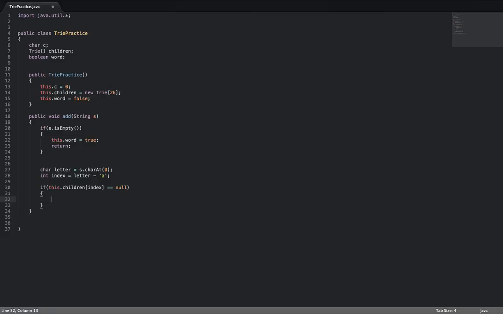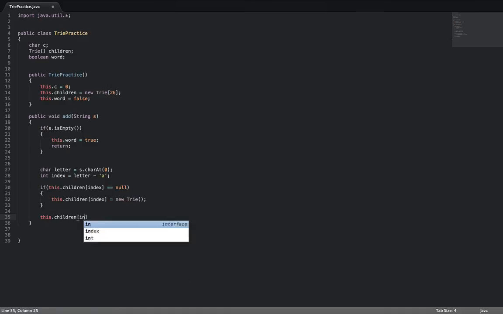So this.children at that index equals new trie. And now what we want to do is add the string there. So we created that new trie, and now we're going to add the rest of the string. So this.children at that index, and then we're going to recursively call the add function again, and we're going to do